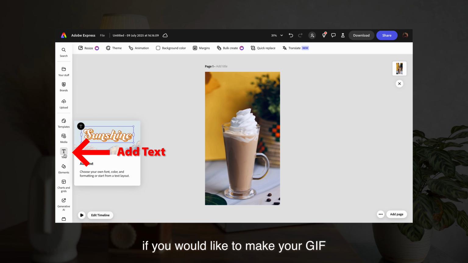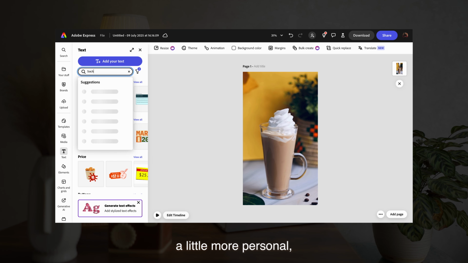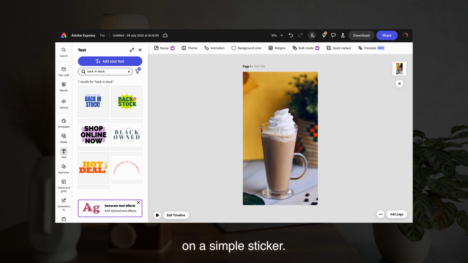Next, if you would like to make your GIF a little more personal, you can add a short text or a simple sticker.